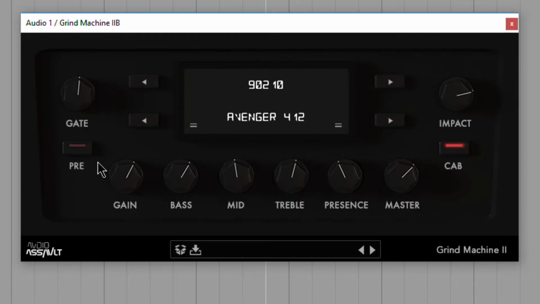Our preamp, we can turn that on or off. So if I turn that off, just the input of the guitar, right? Turn it back on. Awesome. On to the other side, we have our impact control. If I turn that all the way down, turn it up,